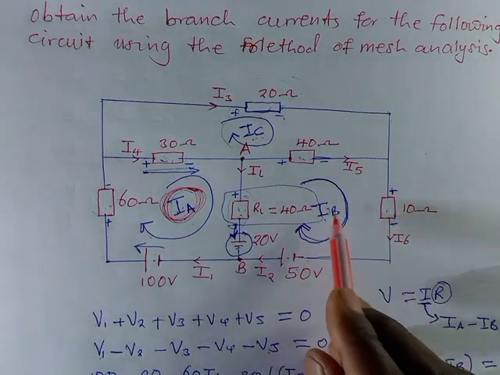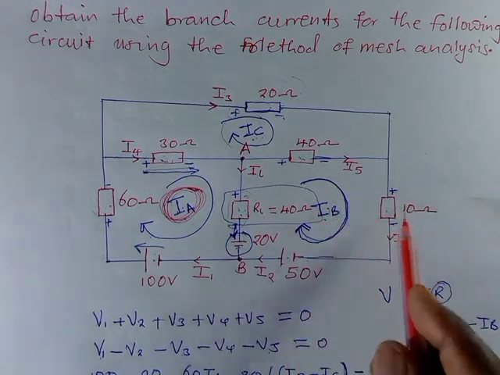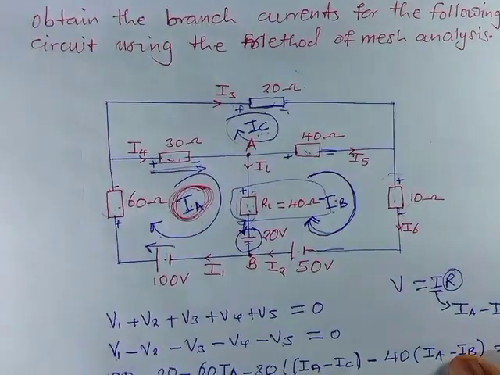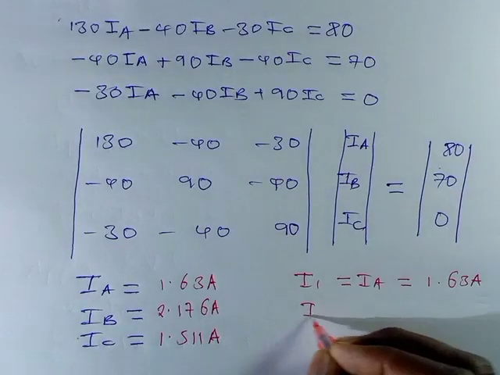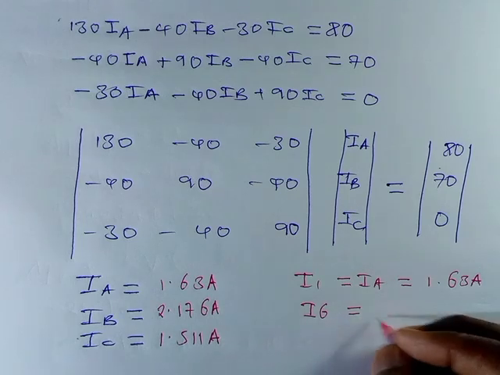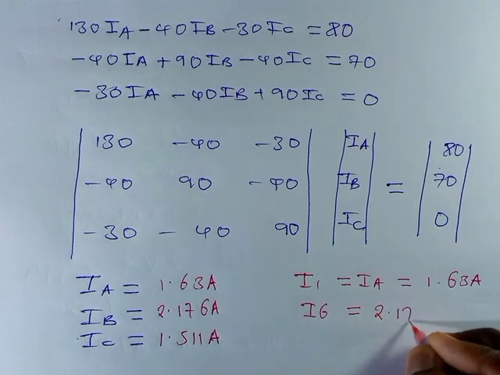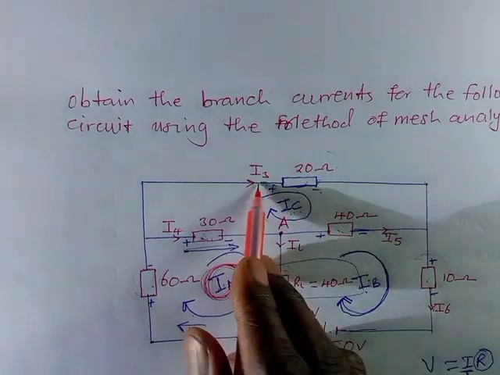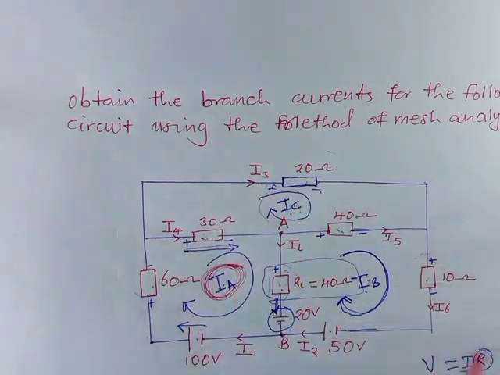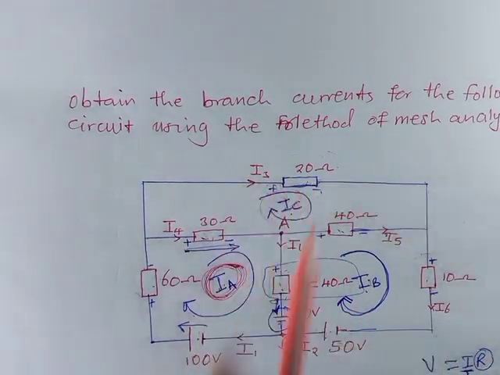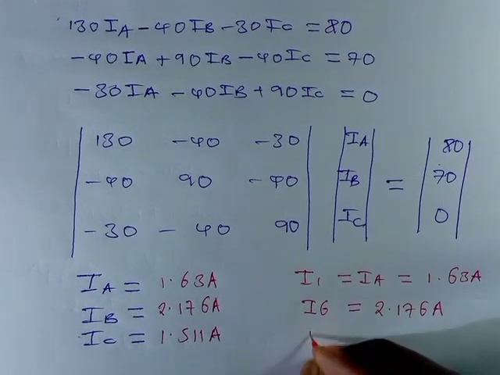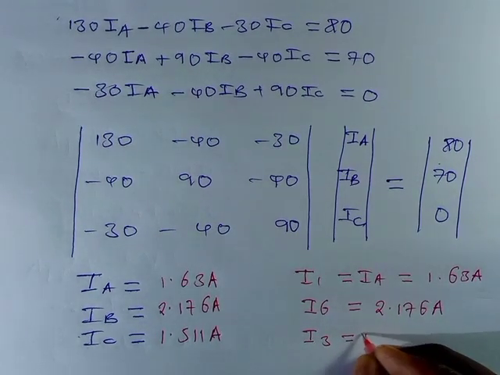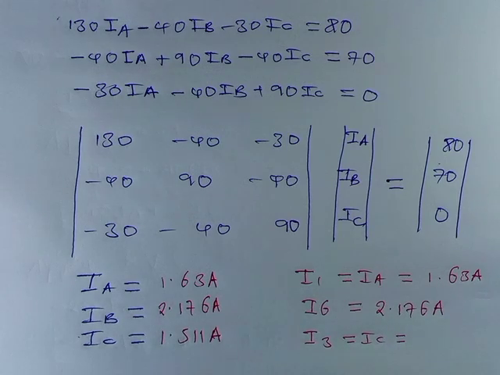I6 is just the same as IB, because IB is the one which is passing on this, which is one and the same as that current. So you say I6 has to be equal to IB, 2.176 amps. I3 is just the same as IC, because it is the current which is passing on that resistor. So you say I3 is equal to IC,